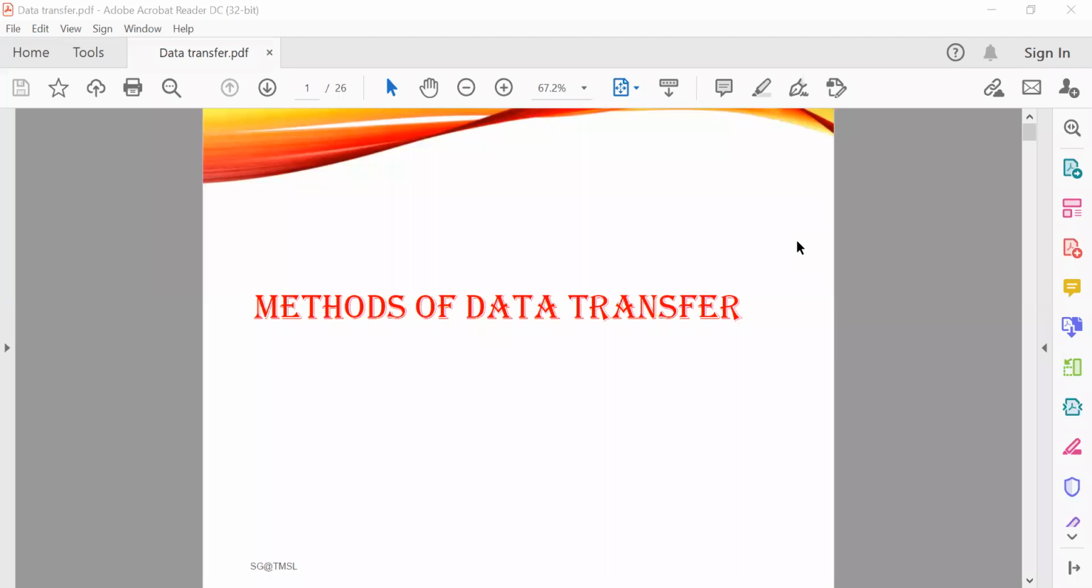So today's topic is based on the data transfer techniques. So methods of data transfer. So data transfer mechanisms, basically it is essential in